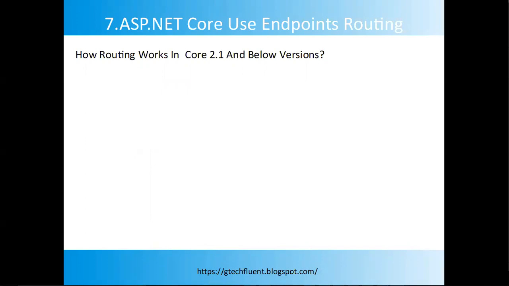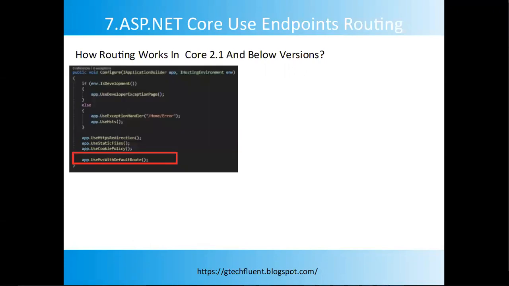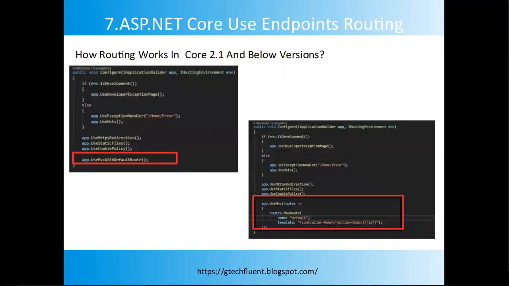For this, I would recommend you watch our previous video on ASP.NET Core routing to understand routing in more detail. In ASP.NET Core version 2.1 or below, routing is configured using app.UseMvc with default route, or the app.UseMvc middleware, and this middleware must be configured at the end of the request pipeline. The problem with this is that an operation or functionality which depends on a route URL or route values needs to be implemented before the execution of route middleware, and can be done by accessing the route path from the current request context instead of route data.